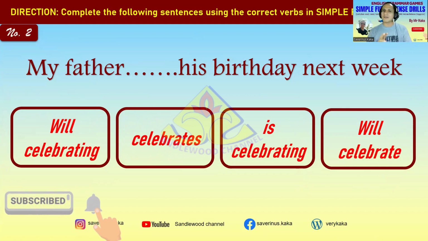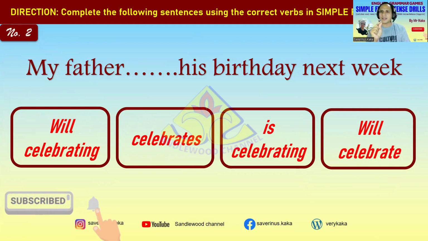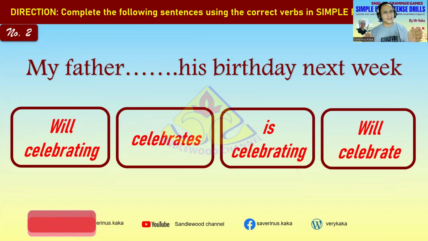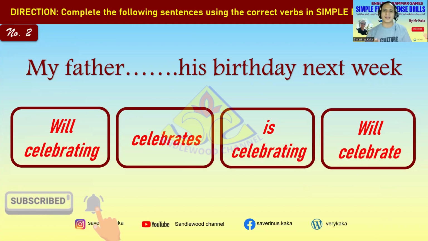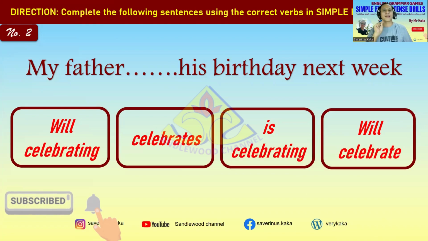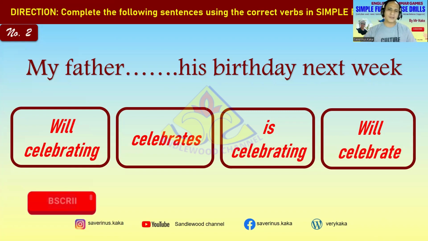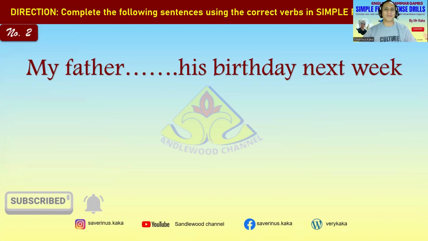right? Kita sedang membahas tentang simple future tense. Jadi Anda harus ingat apa saja komponen daripada simple future tense. Jadi yang Anda harus perhatikan dalam simple future tense selalu diikuti dengan form ini: subject, plus will, plus verb, plus object, and plus adverb sign. Ingat di situ diikuti oleh subject, terus ada will, ada kata kerja bentuk 1, dan diikuti dengan objek, lalu keterangan waktu. So the best option of this question is